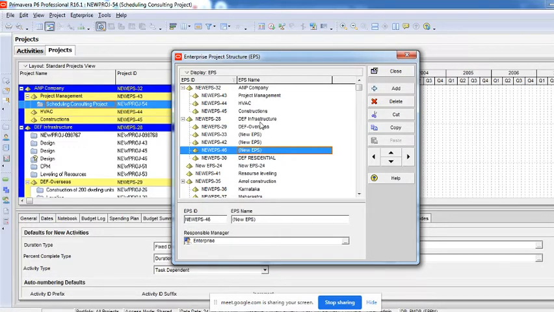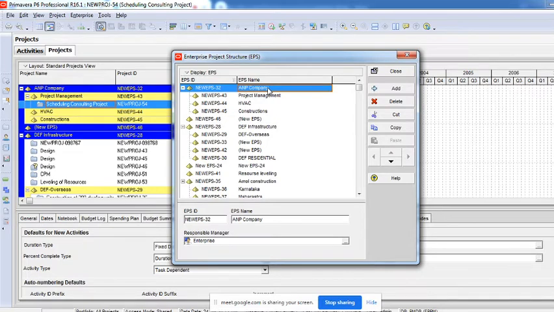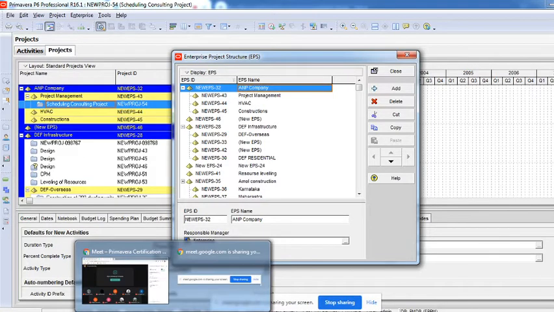So how do we do that? I do not want it to be under anything, so there is something called shift left, shift down, up, left, right. I'll shift it left, in the sense I'm bringing it out completely. It is not under anything. I'll have to give the name and the EPS ID. I have just given it as ANP company. ANP is one of the very fast developed PMCs in India. It's AN Prakash company, one of the competitors for all the MNCs of construction management or project management companies that we have in India.